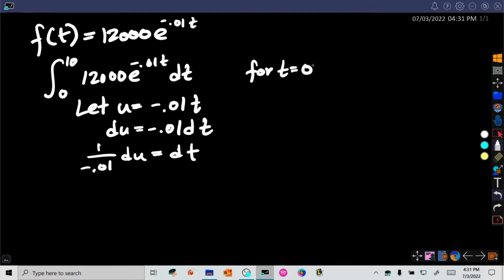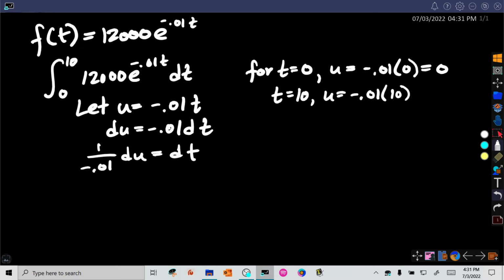For t is equal to 0, we're starting with the lower bound. We'll sub that in, and we're going to get u is equal to minus 0.01 times 0, which is equal to 0. How about that? That works out nice. For t is equal to 10, u is equal to minus 0.01 times 10, which in this case is just,